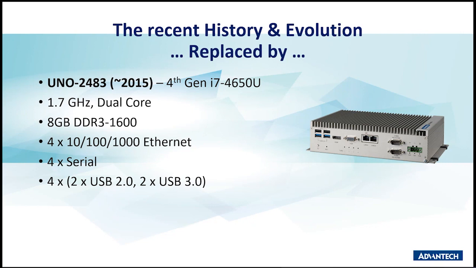So even this, which we're still supporting up until 2019, I think we've still even got that available for sale today, is based around fourth generation i7 architecture. And that there, 1.7 gig, it's dual core, 8 gig of memory, which is 4 times the speed, 4 gigabit ports, which gives us 20 times the network capacity, not to mention the serial ports and the USB offerings as well. So when we put this together, we can see that already on paper, things have started to move forward,